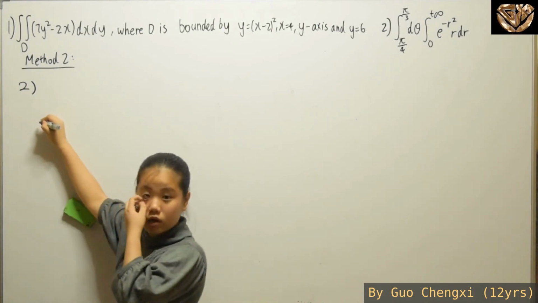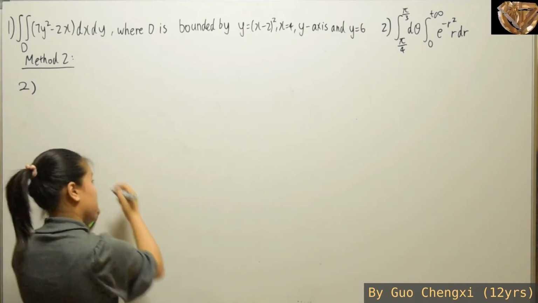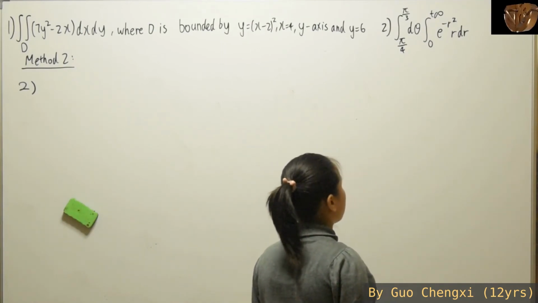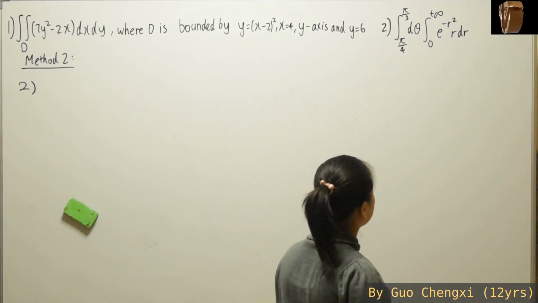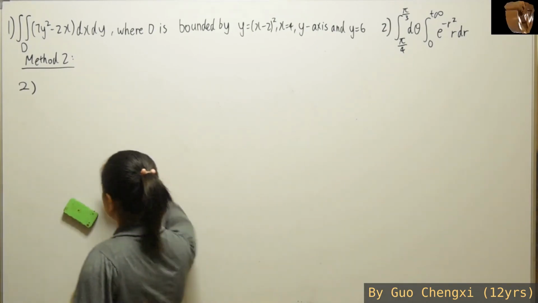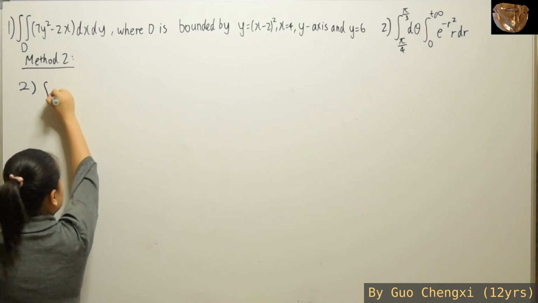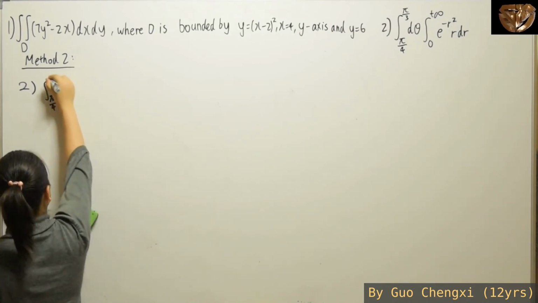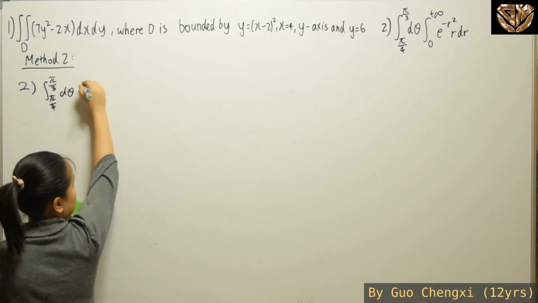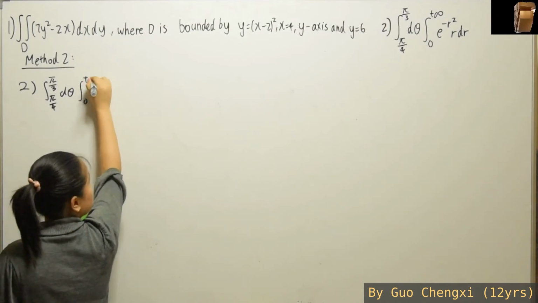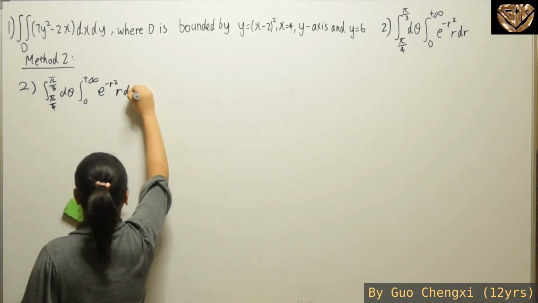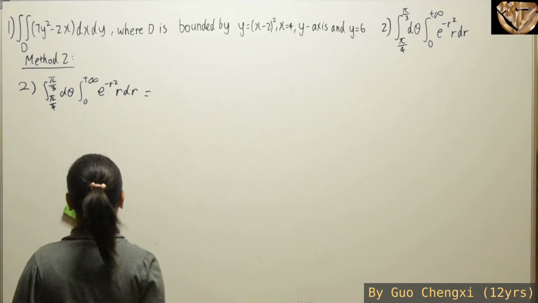Now moving on to our second example, what we have here is the integral from pi over 4 to pi over 3 of d theta, times the integral from 0 to positive infinity of e to the power of negative r squared r dr. So for this part, what we'll have here will be,